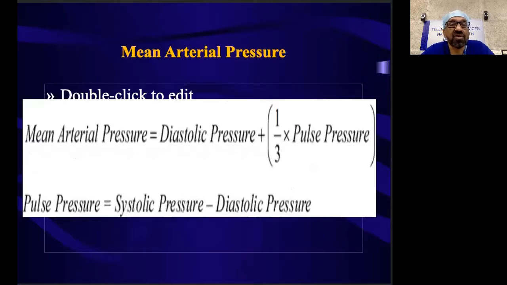Now we need to know what the mean arterial blood pressure is. Mean arterial blood pressure reflects the area under the arterial pressure waveform divided by the beat period, which is averaged over multiple cardiac cycles. This is dependent on device-specific algorithms, but for general understanding, mean arterial pressure is estimated by taking the diastolic pressure and adding 1/3 of the pulse pressure to this. And this is valid when the heart rates are low, because the duration of diastole is considered to be 2/3 of the entire duration of the cardiac cycle.